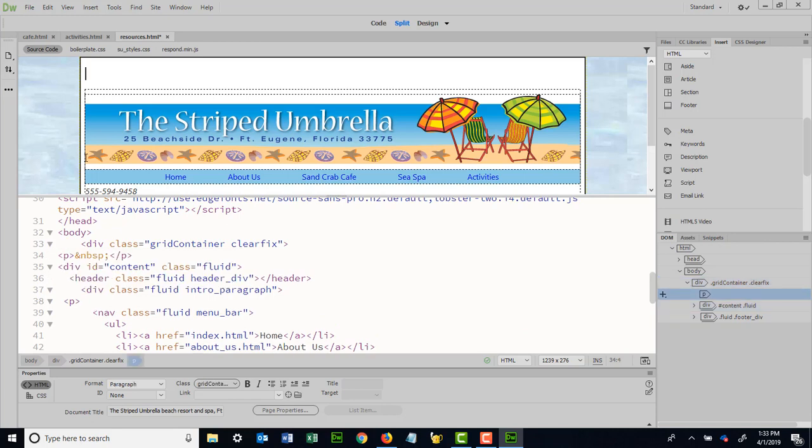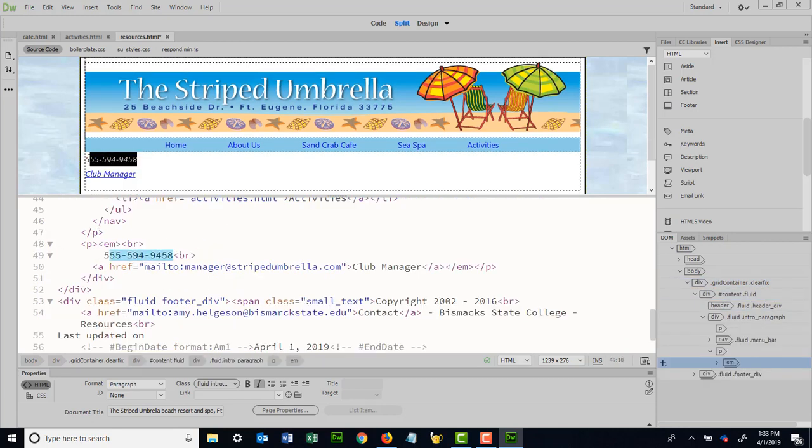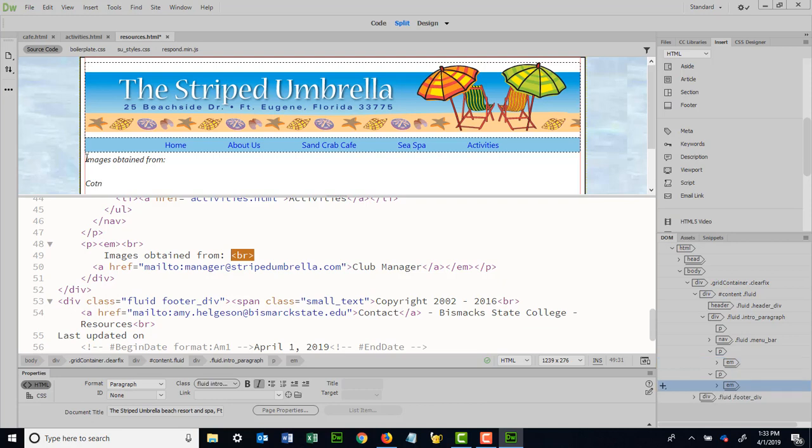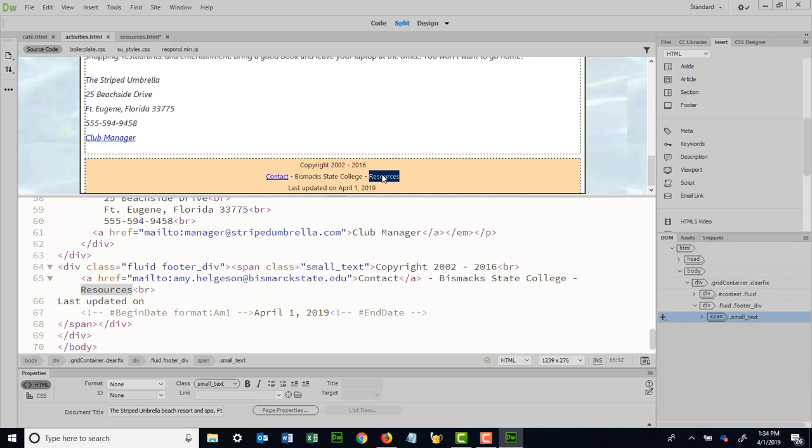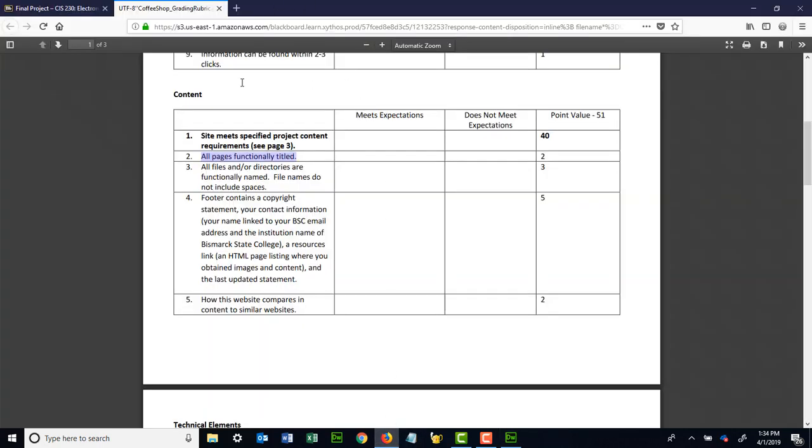Okay, so I might say something like images obtained from, and then I give my information. Content obtained from. Okay, so that becomes my resources page, and then I go ahead and link that to my resources page. Okay, that's talked about in a couple areas, so make sure you have your resources page and then a last